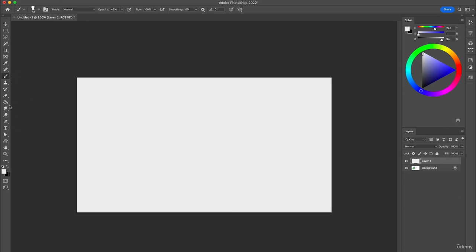Okay, another tool that I want to point out and just make sure that you can identify where it is on your keyboard. Well, two other tools, but the one is the pen tool down here. So just hit P on your keyboard and that should bring up the pen tool. And the way to work with the pen tool is literally to click and drag out these vector points. Once you click onto any space on your canvas, that creates a vector point, and if you click and drag at the same time, you can create handles, and those handles can be moved to affect the shape of the